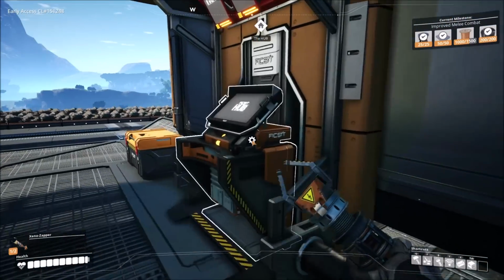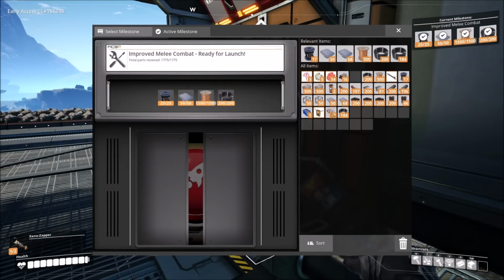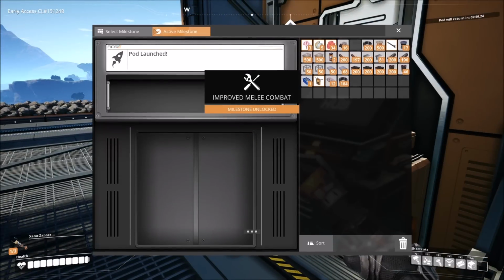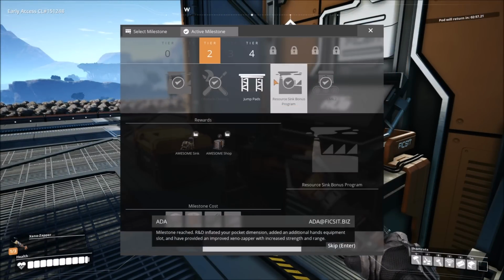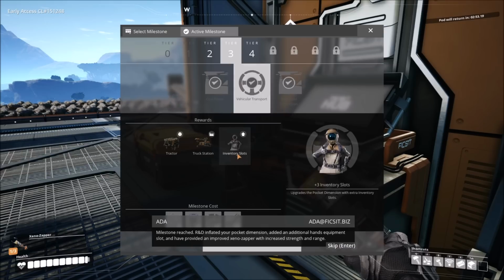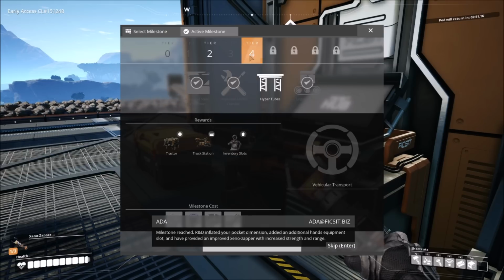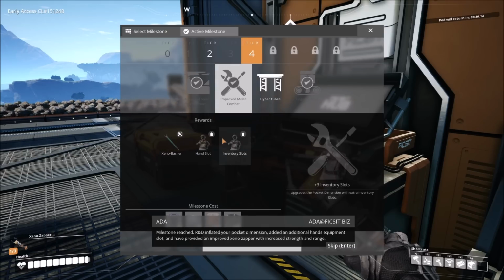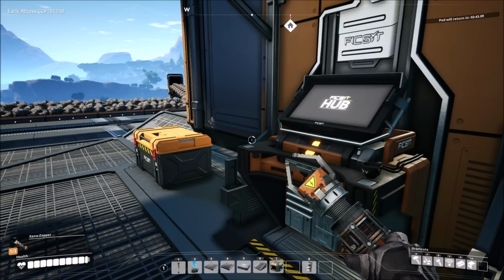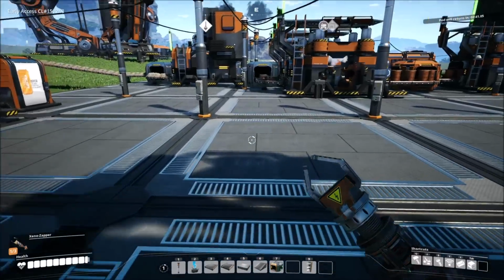Ooh, and speaking of improvements, let's get improved melee combat. Yeah? Milestone reached. R&D inflated your pocket dimension, added an additional hand equipment slot, and have provided an improved Xeno Zapper with increased strength and range. Sweet. So a few more inventory slots, another hand slot, and we now have the Xeno Zapper, which I'm going